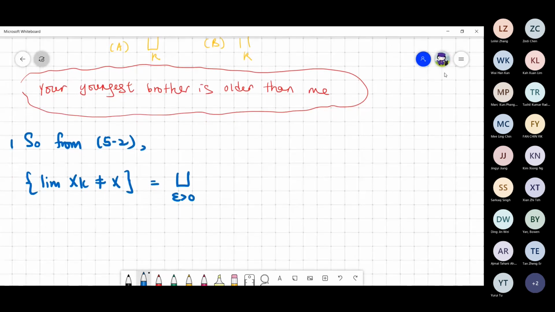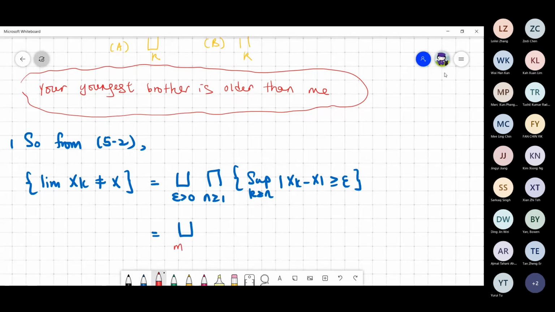We can either use epsilon, then intersection, then the supremum over k larger or equal to n of |x_k minus x| larger than epsilon. Alternatively, we may replace epsilon with 1 over m, so it can also be expressed as the union over m larger than 1, intersection of